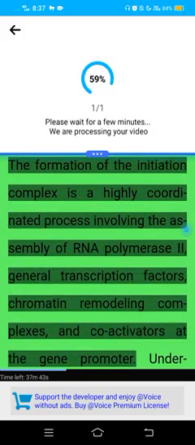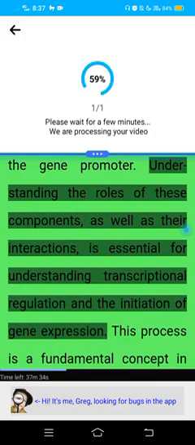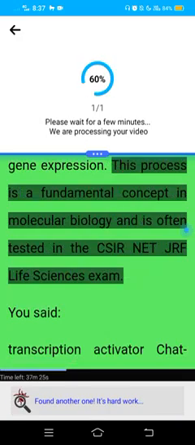Conclusion. The formation of the initiation complex is a highly coordinated process involving the assembly of RNA polymerase II, general transcription factors, chromatin remodeling complexes, and co-activators at the gene promoter. Understanding the roles of these components, as well as their interactions, is essential for understanding transcriptional regulation and the initiation of gene expression. This process is a fundamental concept in molecular biology and is often tested in the CSIR NET